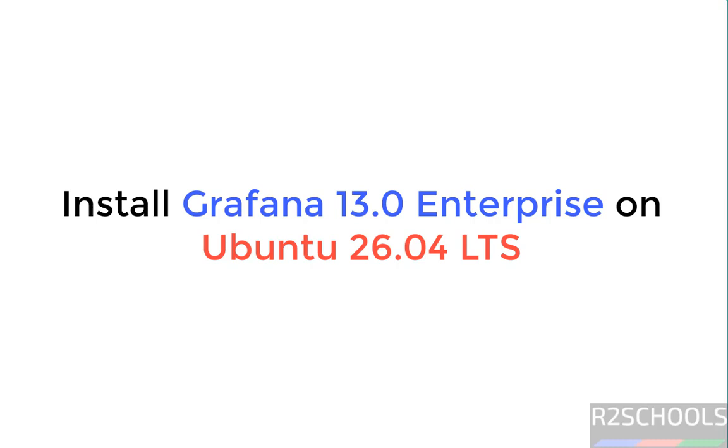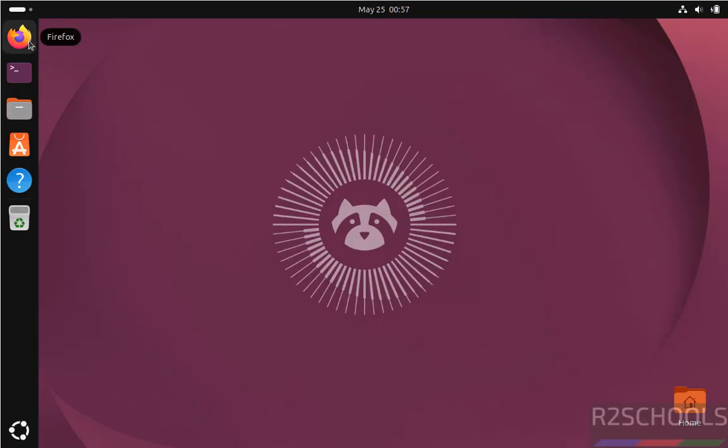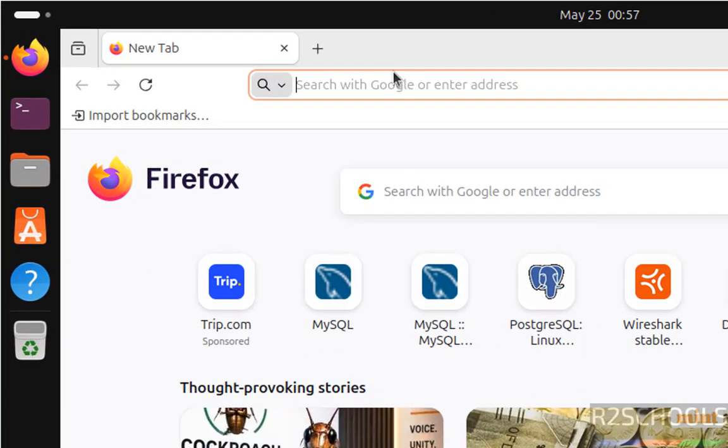Hello everyone, in this video we will see how to install Grafana latest version on Ubuntu 26.04 LTS version. Okay, first open the default browser that comes with Ubuntu Linux, that is Firefox. Then go to Grafana official website, it is